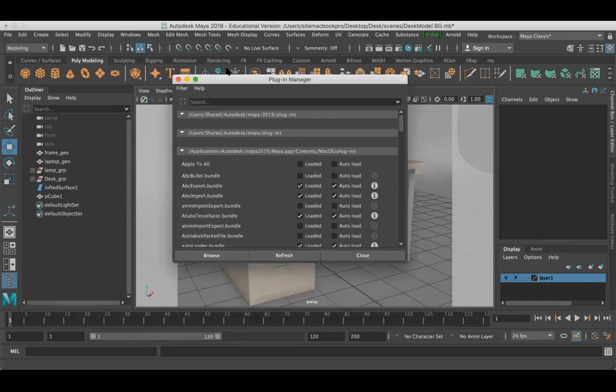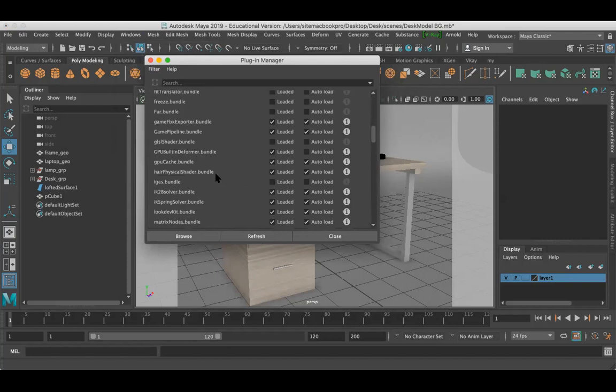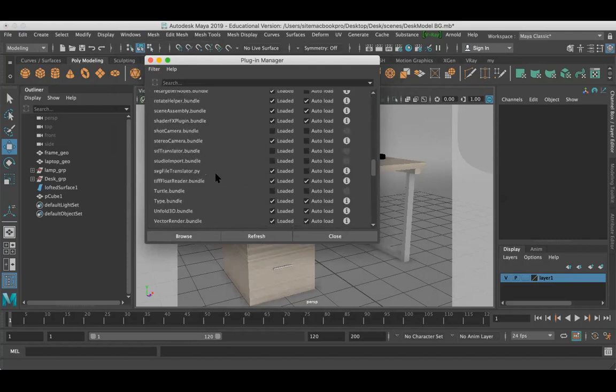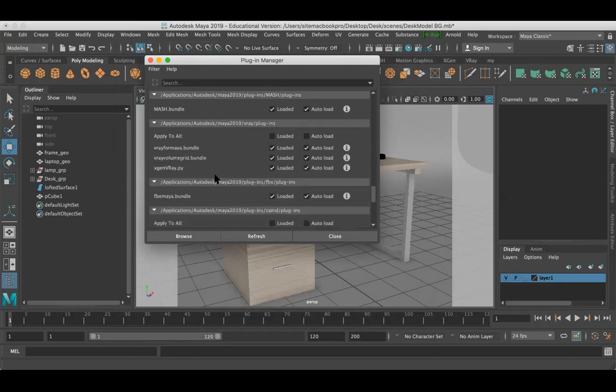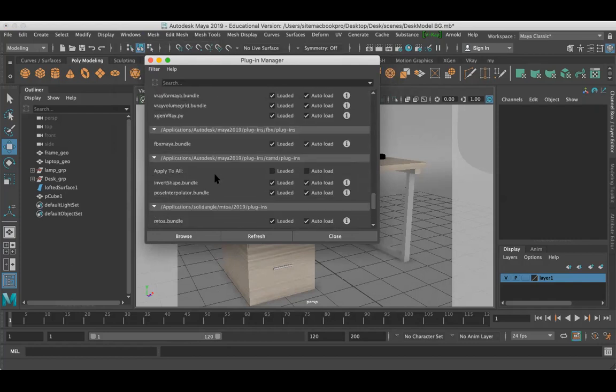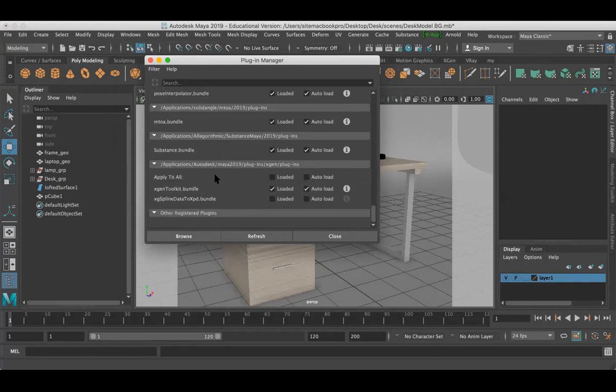Open the Plugin Manager and find mtoa. I have so many plugins installed. Yeah, it's here. This plugin is for Arnold.